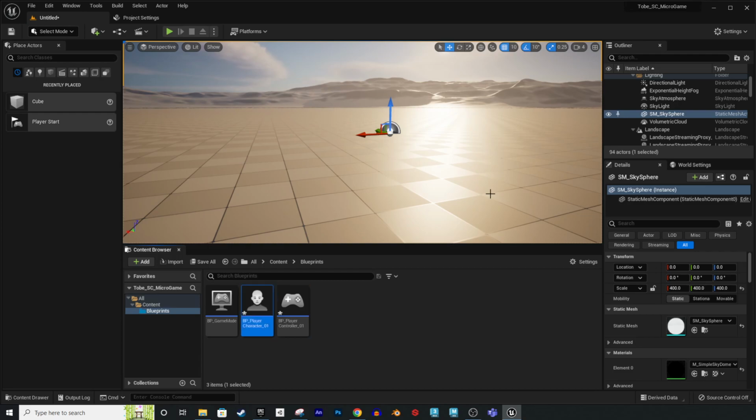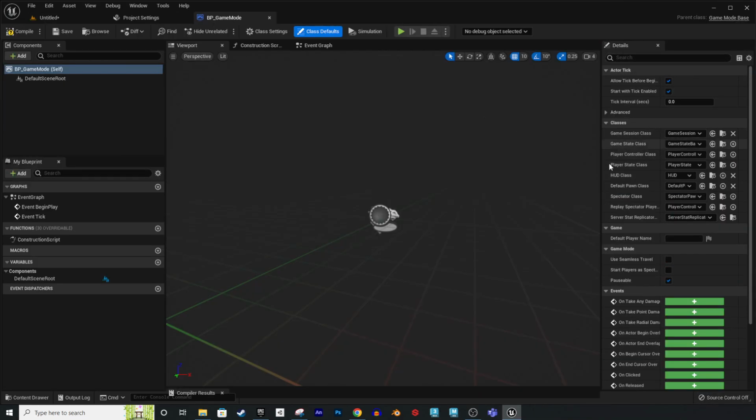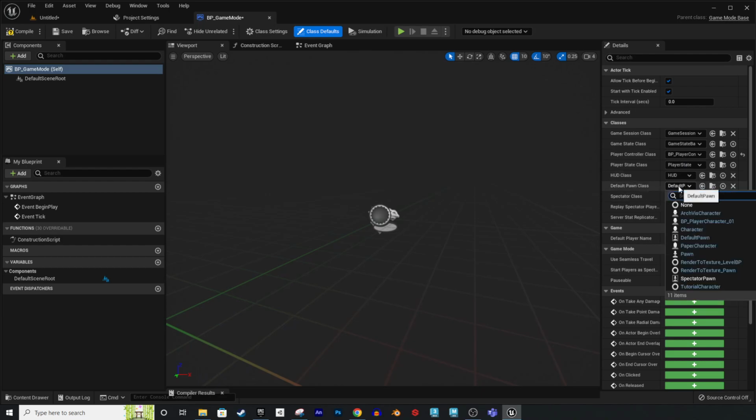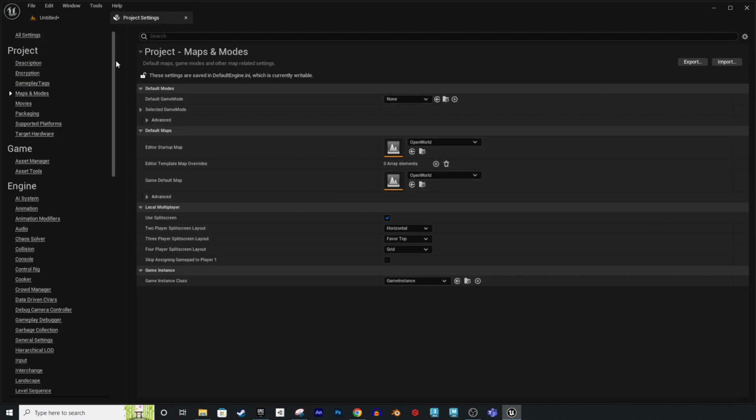So let's go into our game mode by double clicking, and over here we're going to say, right, what player controller class do we want to use and what default pawn class do we want to use. So let's click on the player controller and we want to use our player controller that we just made, and then in default pawn class we want to choose our player character that we just made. Compile and save that,